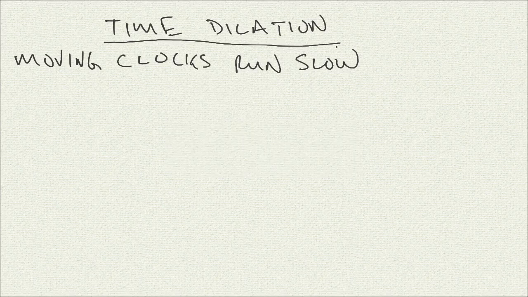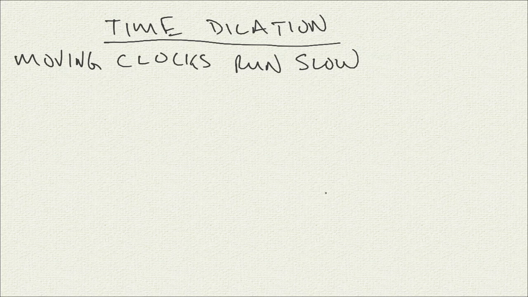Okay, welcome back. We're going to start today with time dilation, which, remember, there are three things that are affected. There's time dilation, there's length contraction, and there's mass increase, which can also be interpreted as relativistic momentum. Now, the best way to understand time dilation is through the concept of a clock.